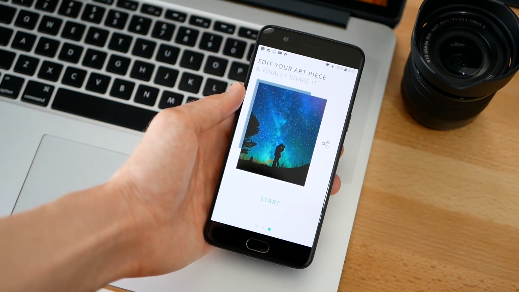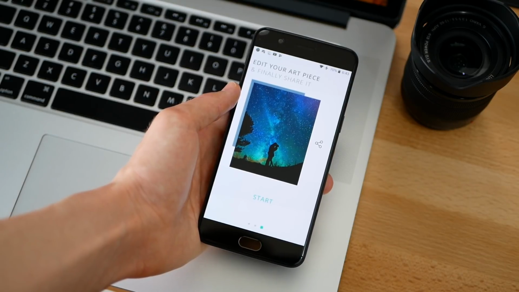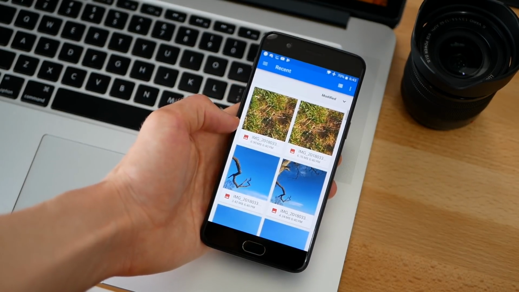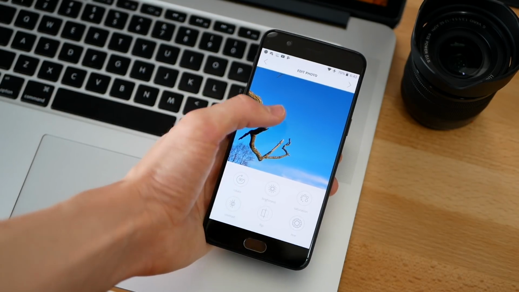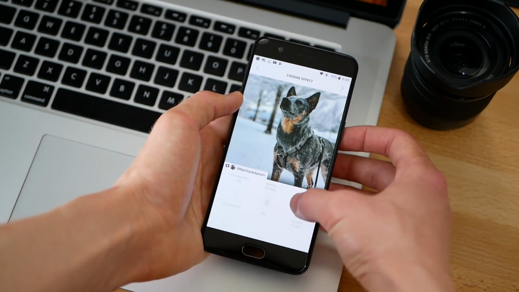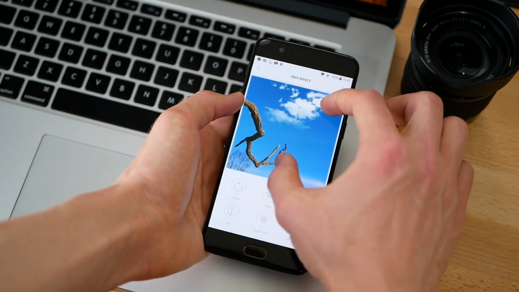Next app is an app called Vimage, and while this may not be the most essential app to have installed, this is definitely one of the coolest apps I included in this list. So essentially what this will do is it will allow you to take an otherwise still or boring photo and add a bit of life to it by adding different motion elements to make it live or moving. So for example, I took this picture of this relatively plain tree, and by adding some different motion elements like a floating cloud or something like that, I'm able to add some life to it and just make it a